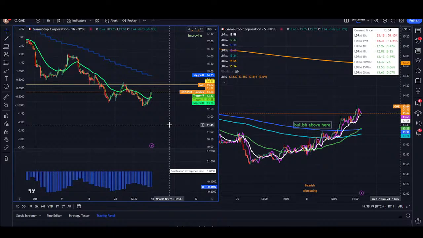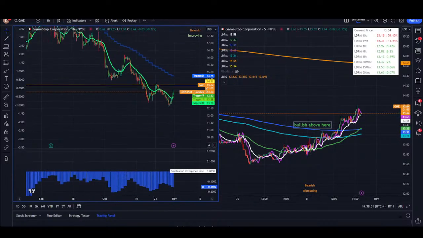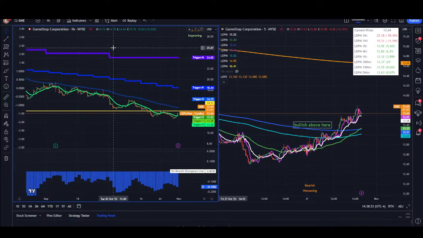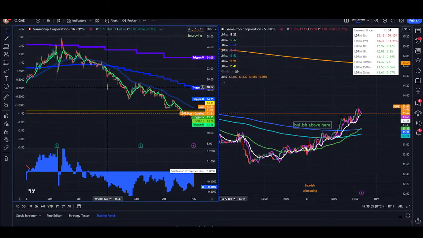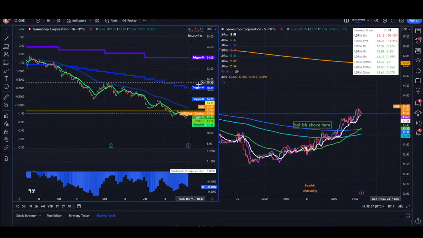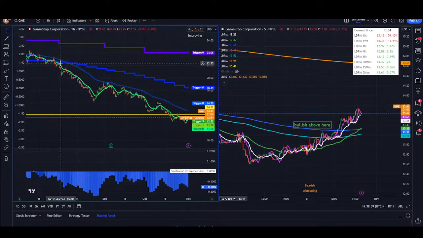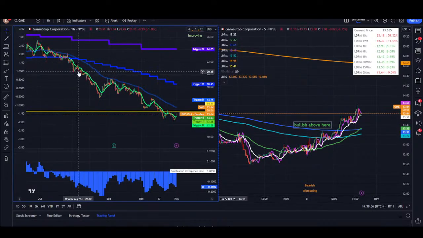All right, so I want to start by talking about, obviously, the trigger orientation. For those of you following an MSW, you know that when the daily and hourly triggers here crossed below the weekly trigger, that was a very bearish signal because price is then